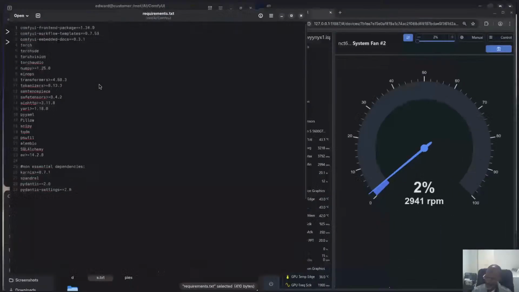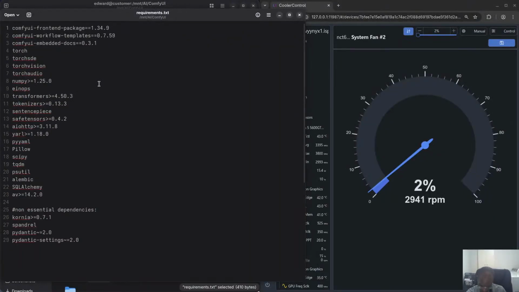You can see here the requirements: if they don't exist, it will install them. It's going to install ComfyUI, the front end, all the templates, etc. It's going to install Torch SDE, Torch Vision, Torch Audio, and all this stuff if they're not previously installed, like in a virtual environment for Python. So what I did was, I was thinking, I'm always having this problem where I'm doing a little bit of duplication, because I have ROCm installed from the Fedora repositories, and I need to then copy those